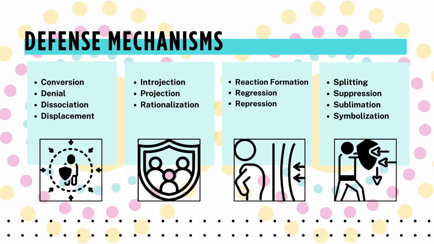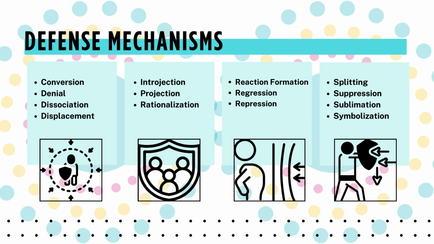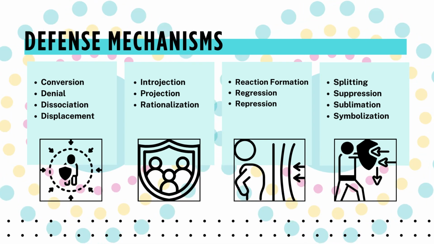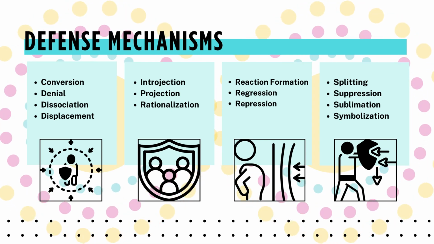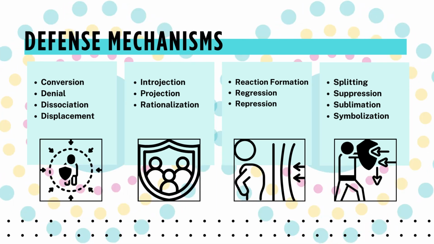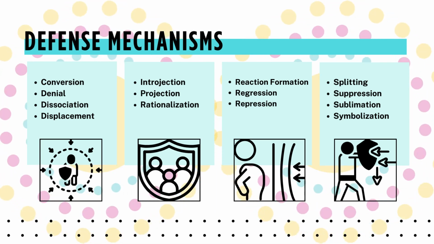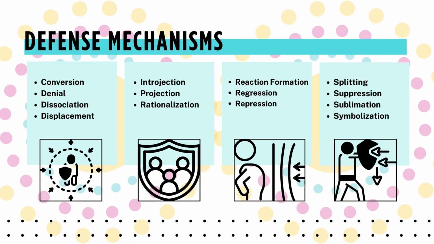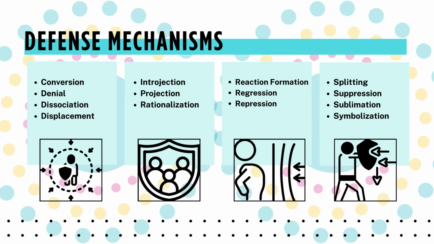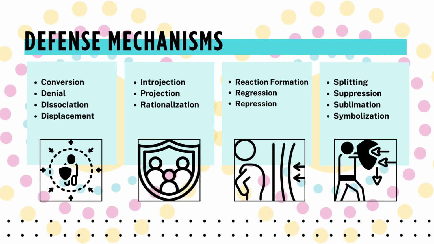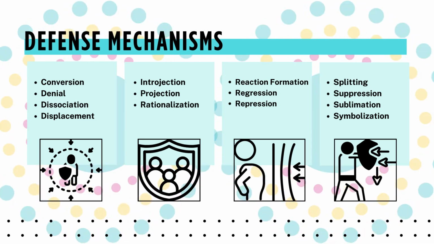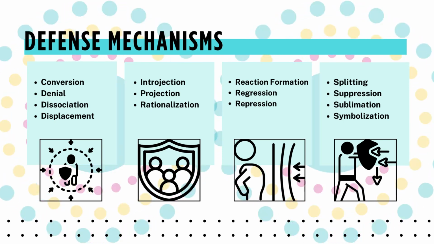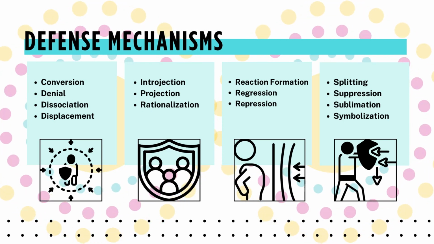There's a great table with an overview of defense mechanisms in subchapter 3.4 in your textbook, but we're just going to take a look at a couple. Conversion is one that we kind of talked about before. It's when anxiety caused by repressed impulses and feelings is converted into physical symptoms, like somatization. There's denial, where people deny these feelings or ignore them. Dissociation is when people feel disconnected because of a stressful or traumatic event, or feel that the event is not really happening. Displacement is the unconscious transfer of somebody's emotions and reaction from the original source to somebody that is less of a target.